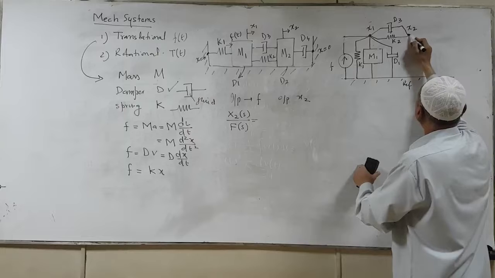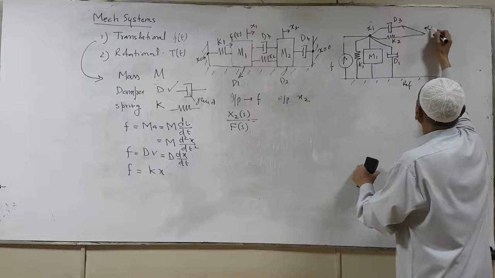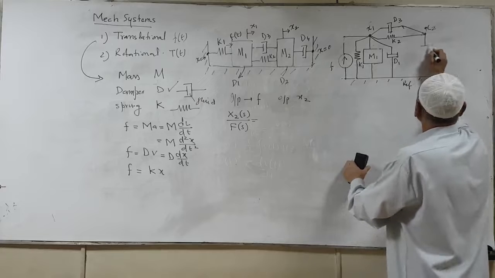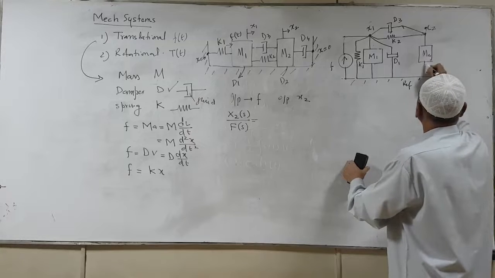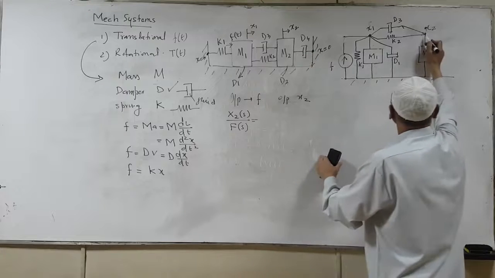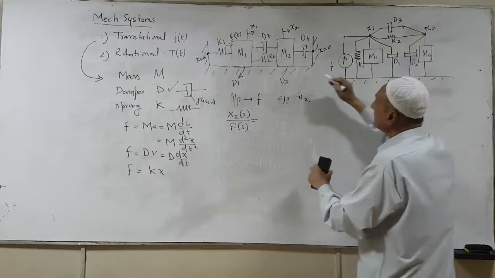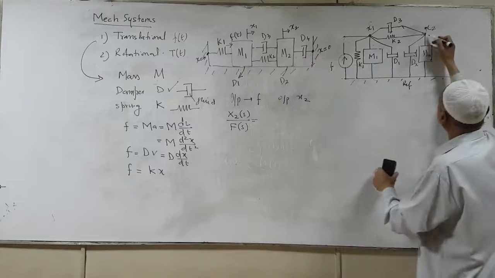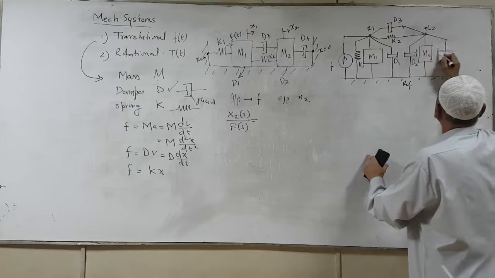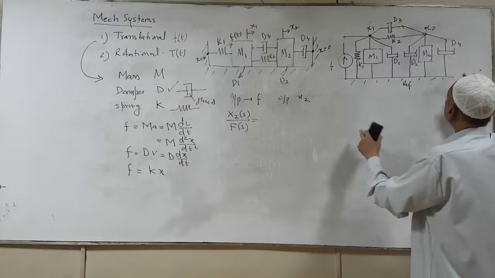Now similarly, at x2 we have mass m2. So we connect mass m2 to the reference according to the rule, and then with the mass there is a friction. So that friction is d2. And then there is another damper at the mass, with the displacement x2 and a reference. So we have another damper which is d4. Now that completes the network.